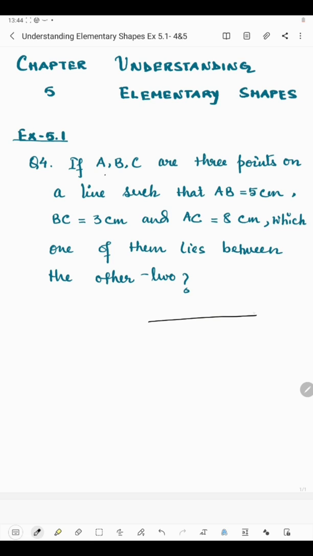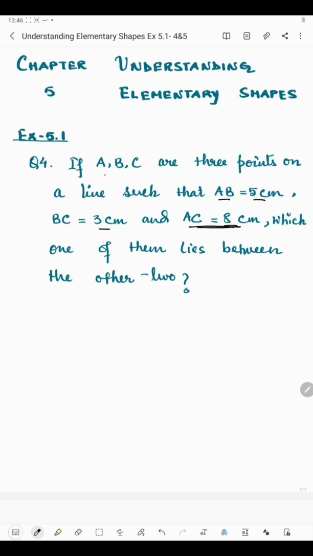Now suppose there is a line. Say this is point A, point B and point C. You can take point C first also. Say this is C, A, B. So here the length of AB is given, which is 5 centimeter. The length of BC is 3 centimeter and the length of AC is 8 centimeter. We will have to say which point lies between the other two. Like here B lies in between A and C. In this case A lies between C and B. Similarly, according to the question,